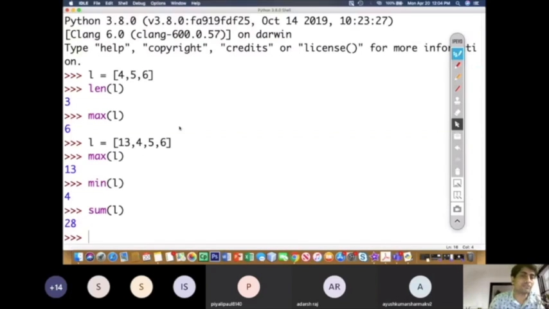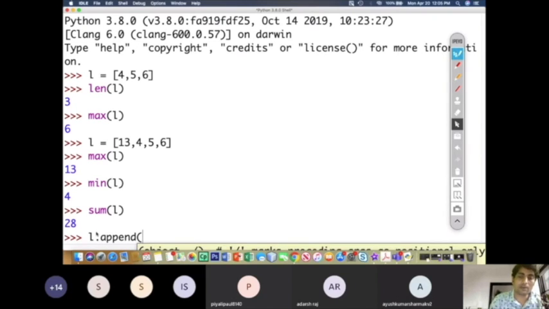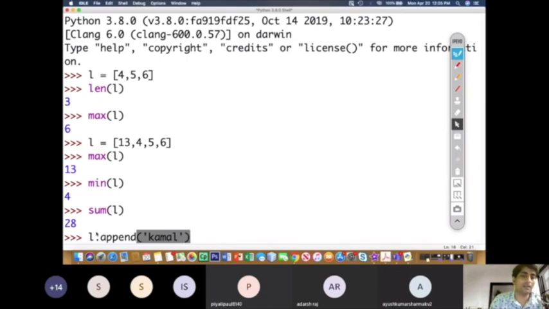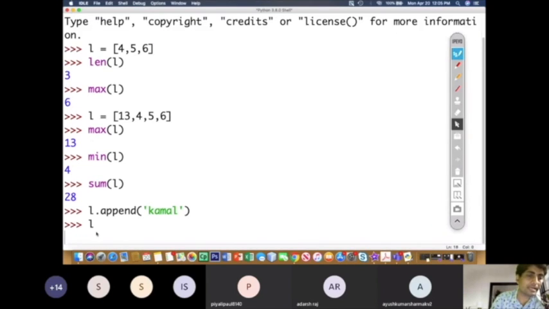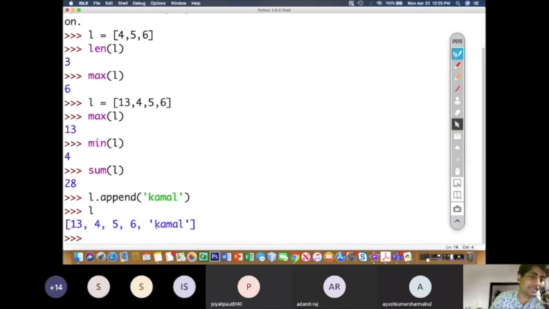Append, right? The append function appends an element at the end of the list. Say for example, we have a list called L is equal to this one, as highlighted. Now let us append something to this list. L1 dot append, and here I want to append my name, say for example, Kamal. Now it will be appended to the list because a list carries heterogeneous elements. So a string can also be appended along with integer values. No problem, no issue with that. Now you can see that it is appended at the rear end.